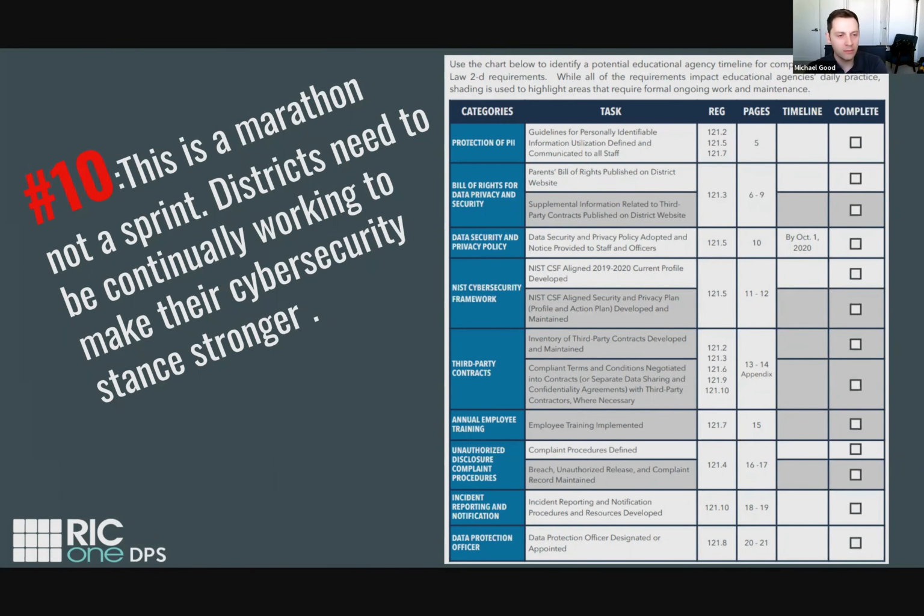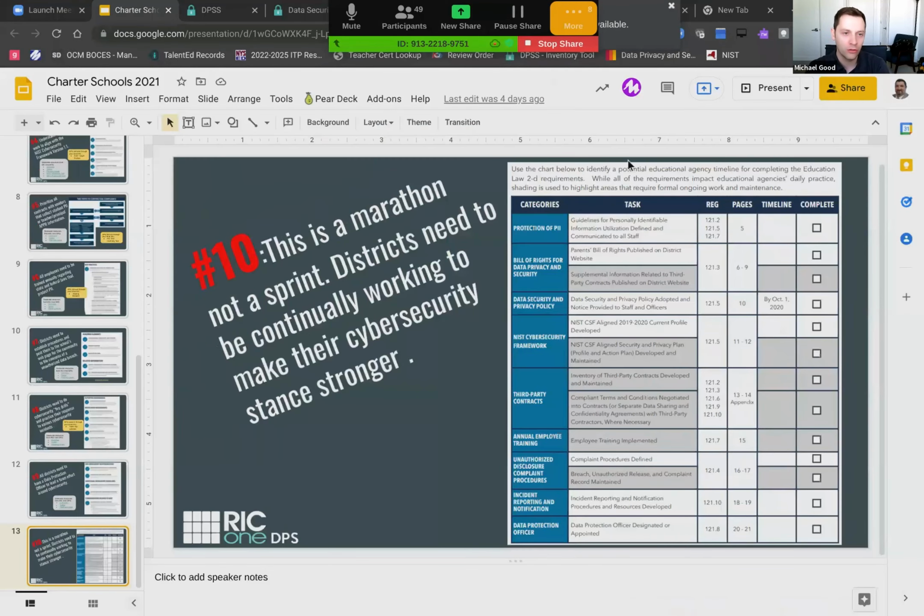So as Madeline points out, the other really big prioritization right now is to make sure you have that data protection policy or data privacy policy in place and your parent bill of rights posted to your website. And as Madeline and Jason have said, there are resources for that. In addition to the association having a plug and play version of that, obviously you'll want to modify it for your school, but those templates exist.